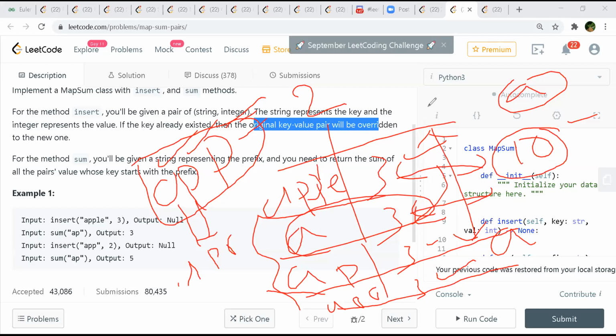So what is going to happen? You are going to subtract the current one, which is the 2, from the previous one, which is 3. So the difference you are going to get is -1. Now you are going to go to each and every key in the map which starts from A. For A you are going to add -1. For AP you are going to add again -1. For APP also you are going to do the same, and you are going to continue till APPLE, right? So then it will surely be updated to that new value.